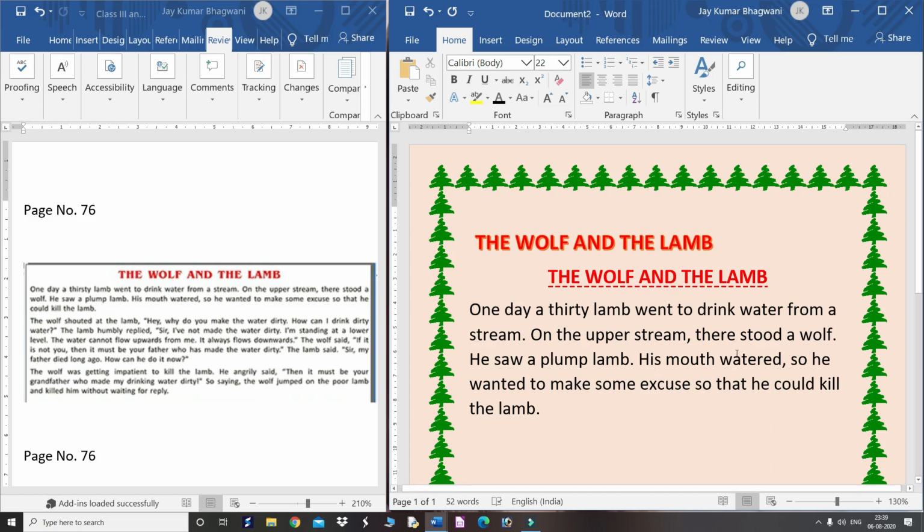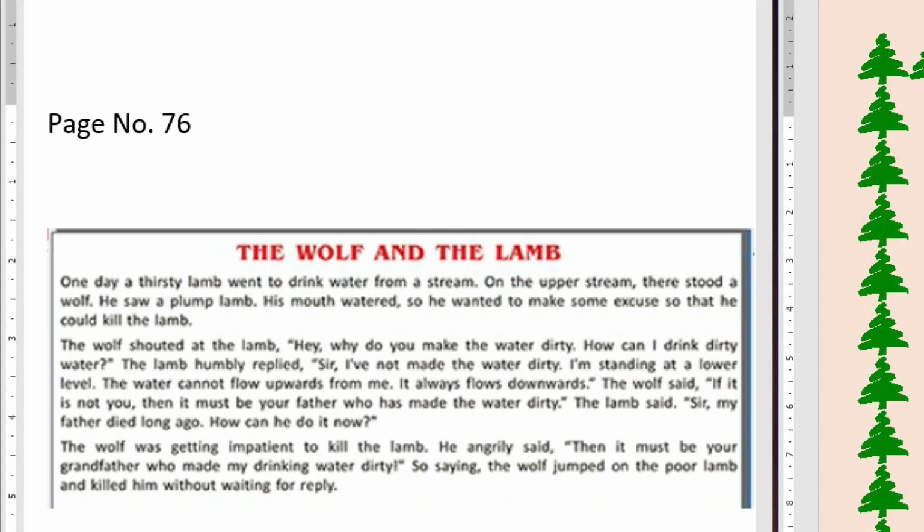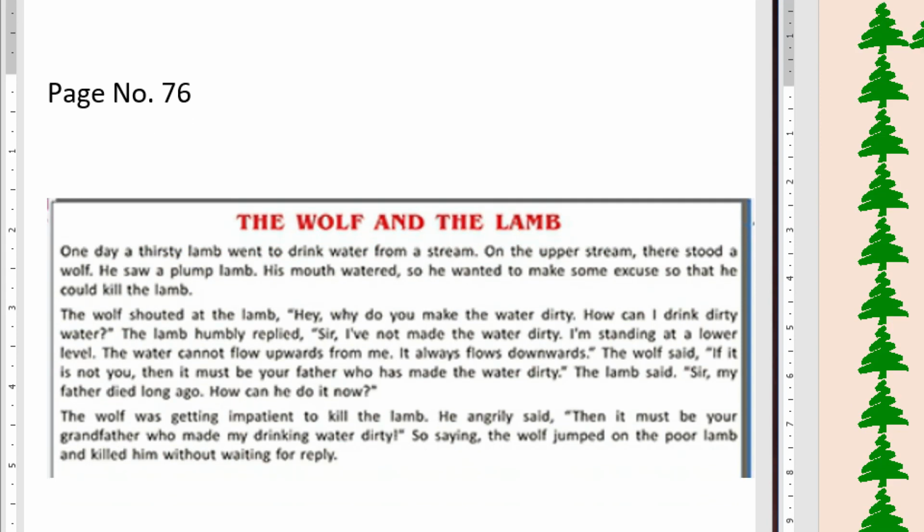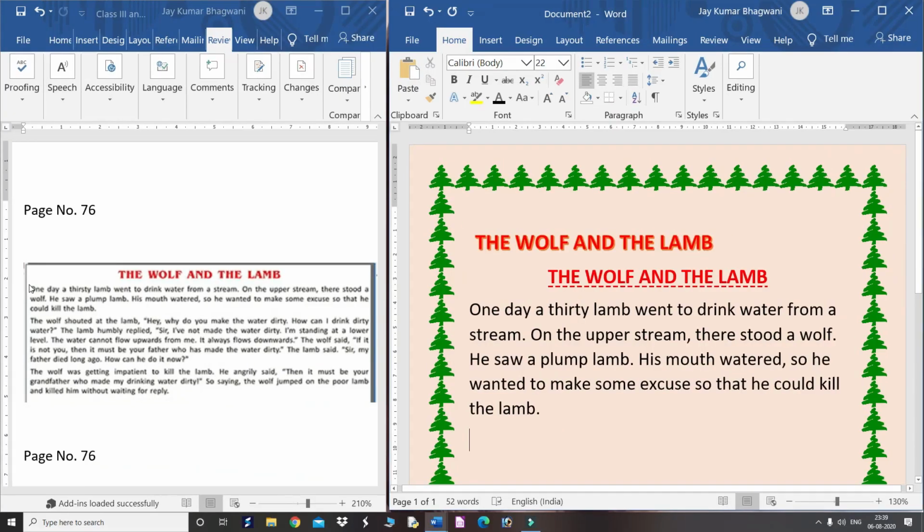Now, the option you have to use: you can see here this text very beautifully aligned and the right side also beautifully aligned. The same thing we can also do, because here you can see it is zigzag.